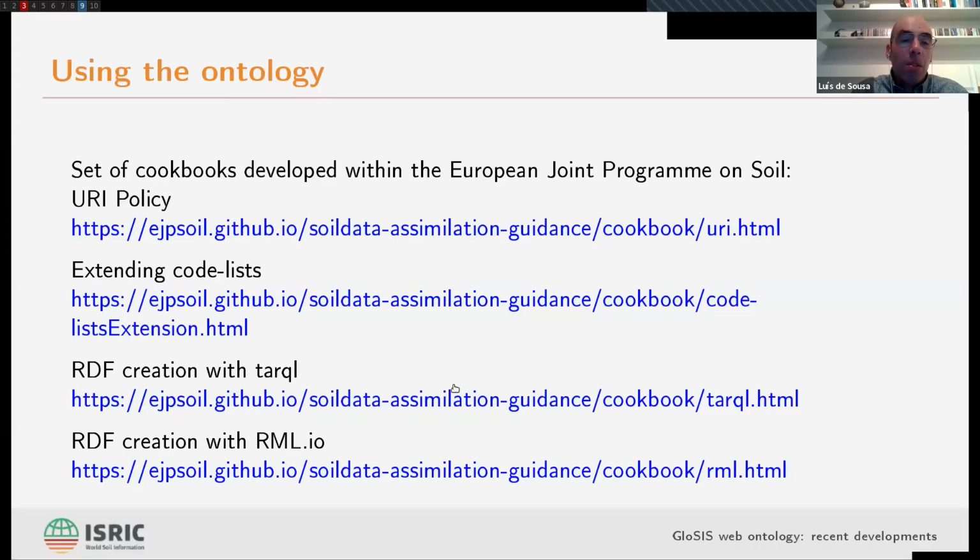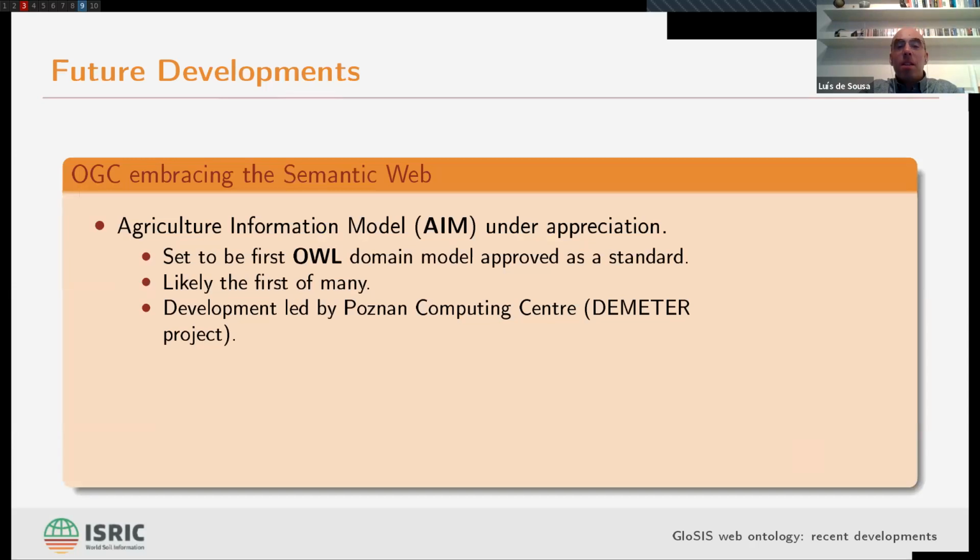There are other options of doing the same work with user interface tools. So I think this is something worthy to explore. It takes some time to go through all these cookbooks. They are useful in many different circumstances, not only here within the scope of GloSIS. So what else? Okay, so these were the recent infrastructures that were put in place,